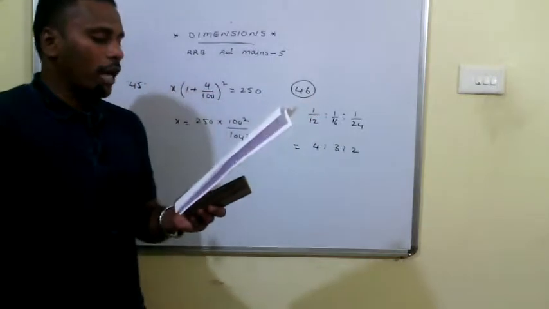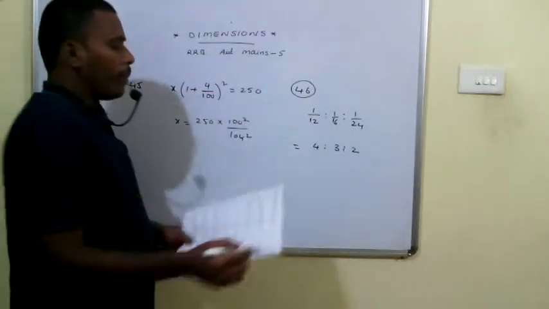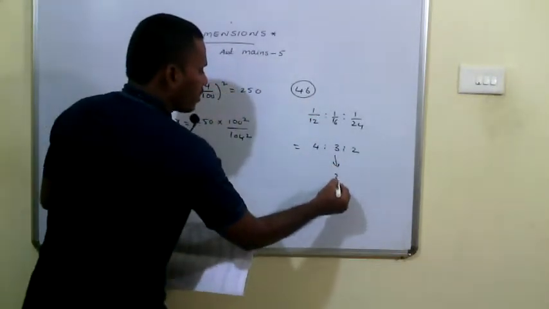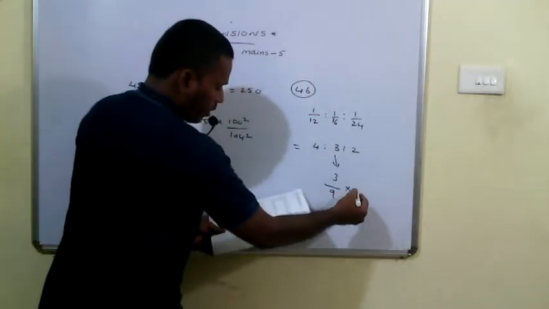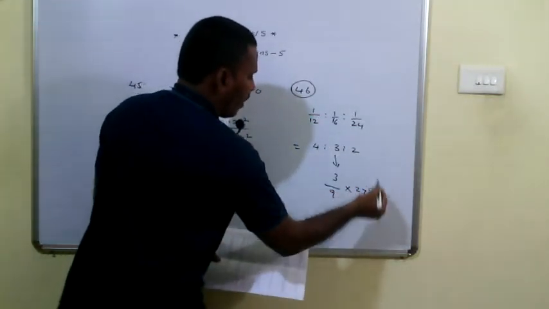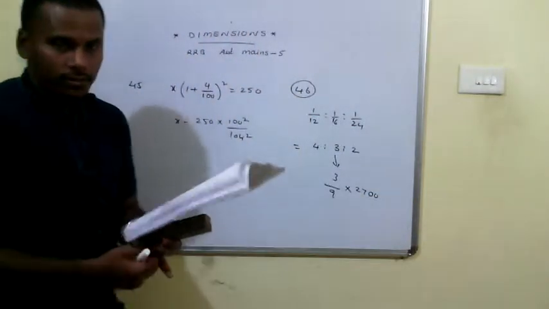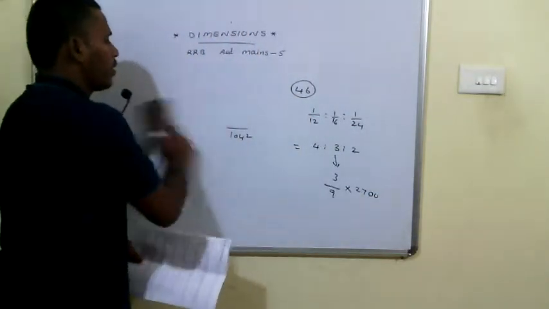So they asked us to calculate the share of Riaz, the middle person. So his share is 3 by 4 plus 3 plus 2, which is 9. 3 by 9 parts of the given amount, 2700, is the share of Riaz. Okay. There ends 46. Then coming to